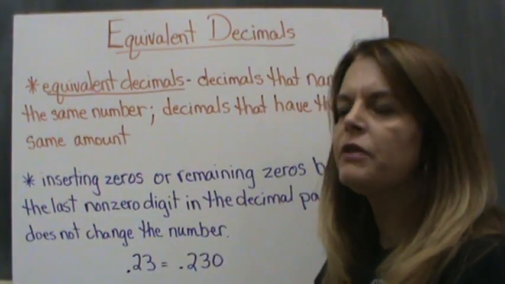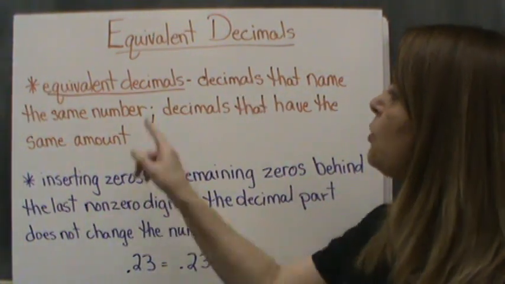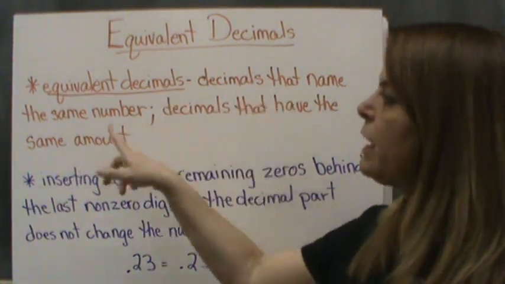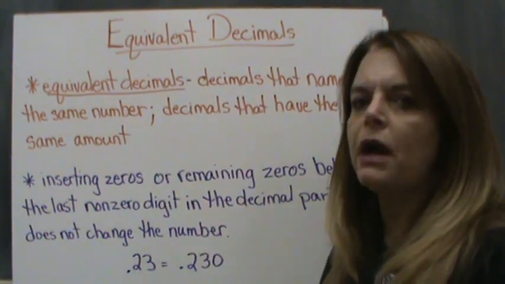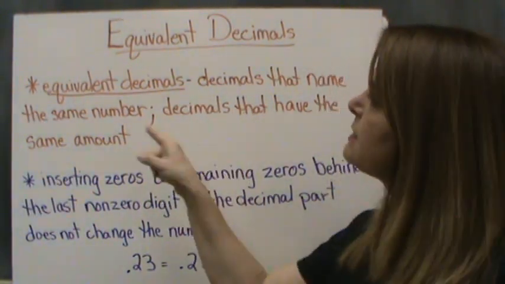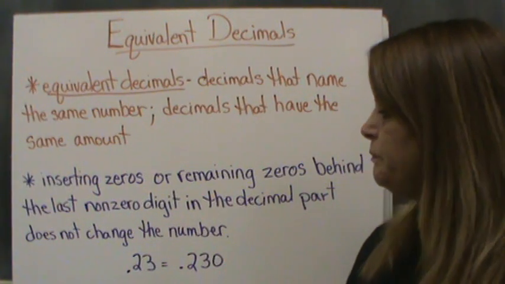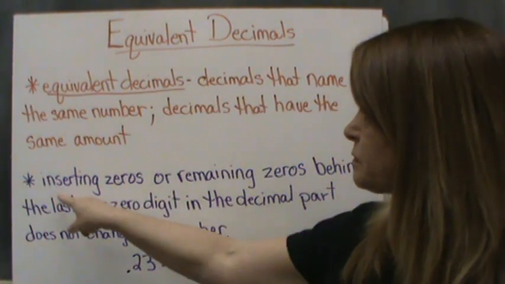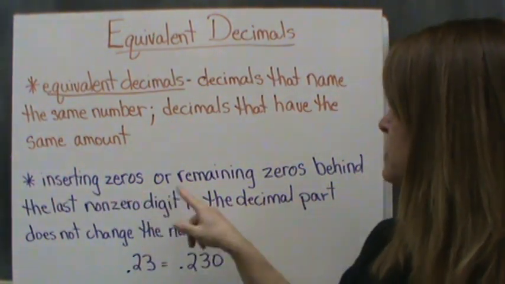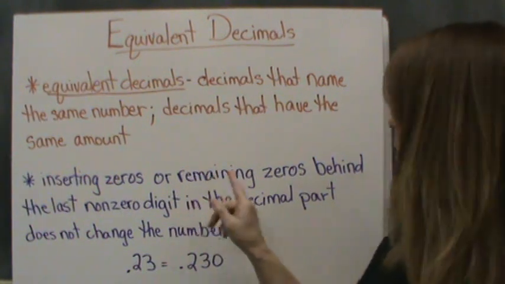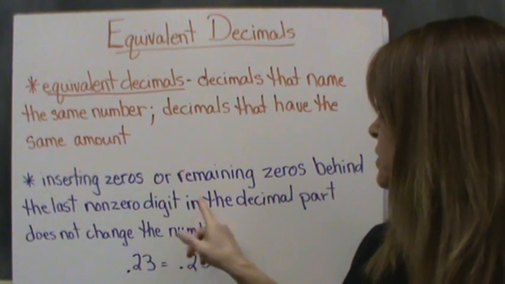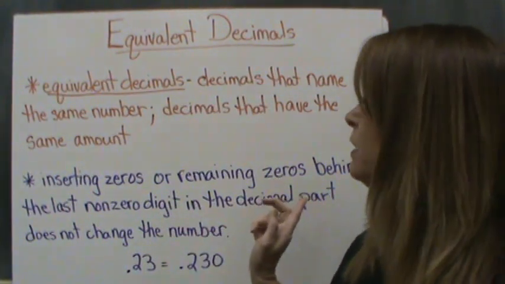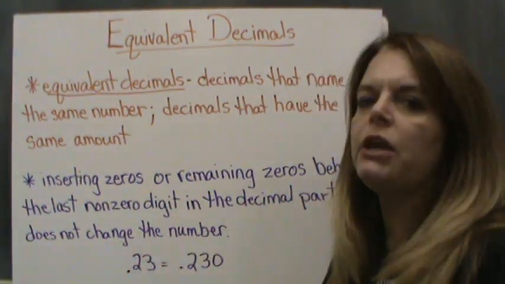This video is about equivalent decimals. Equivalent decimals are decimals that name the same number, or decimals that have the same amount. Just two different ways to say the same thing. Here's what's important: inserting zeros or removing zeros behind the last non-zero digit in the decimal does not change the